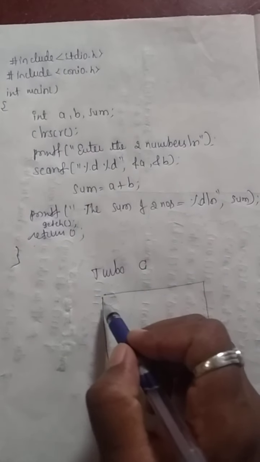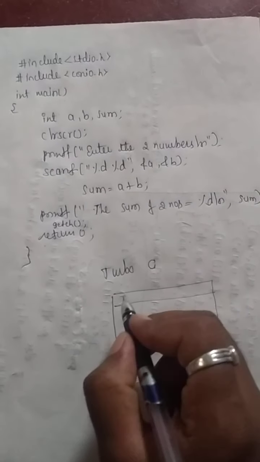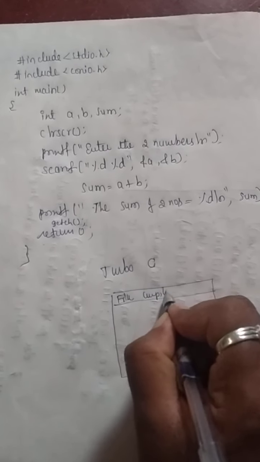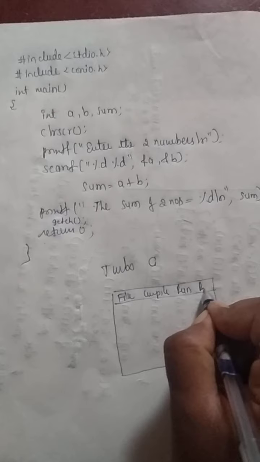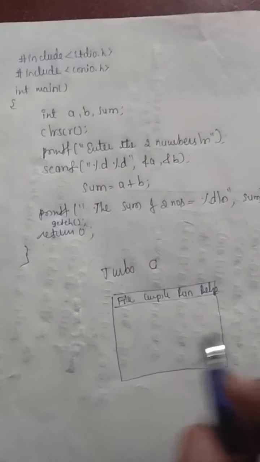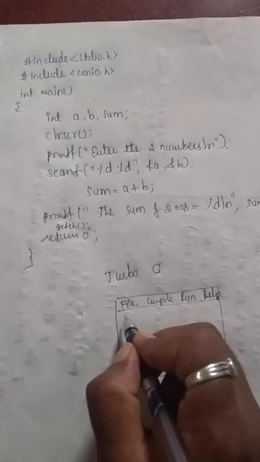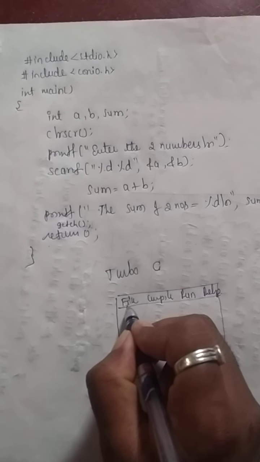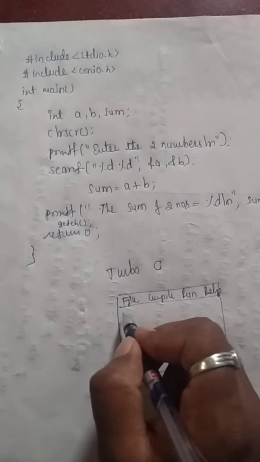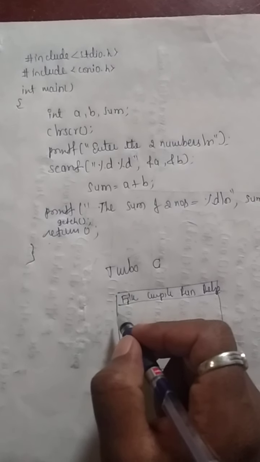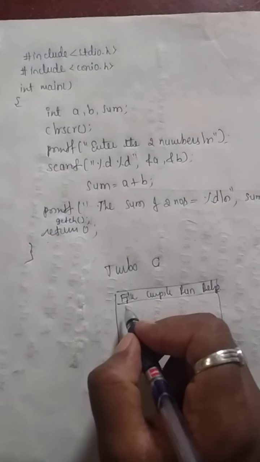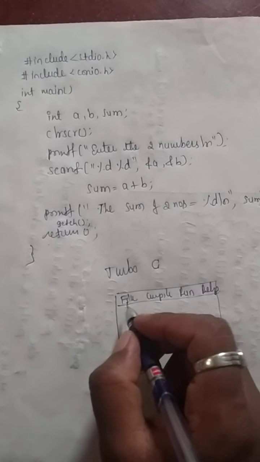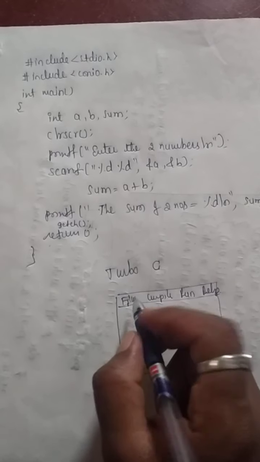In this you are going to get one screen, which is an editor. In this editor you will have many options like file, compile, run, help, and so many others. Below this is a drop down menu you can open. If you open the file drop down menu, you have many options like new, open, save, exit or quit. To save the programs you can use the shortcut F2 button.